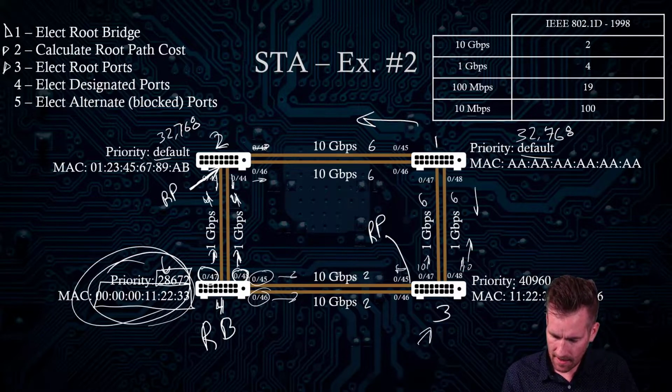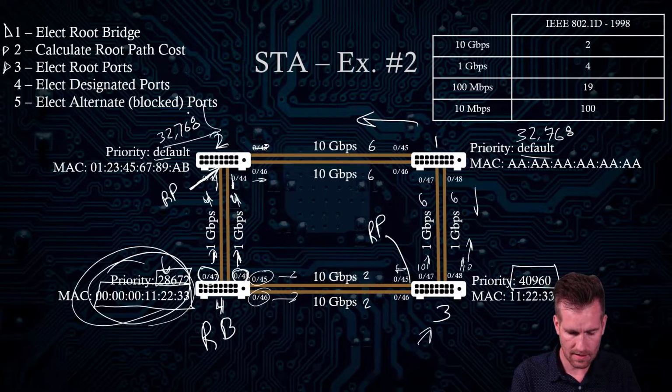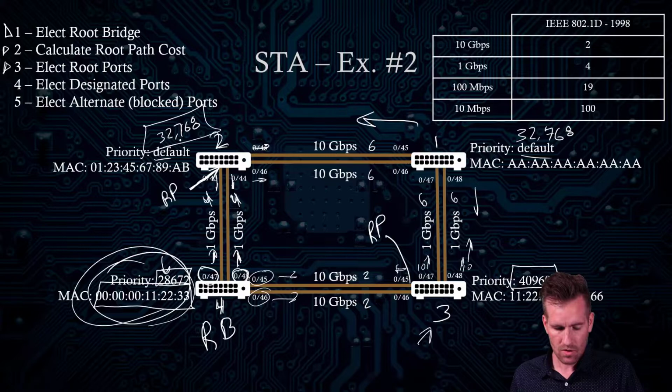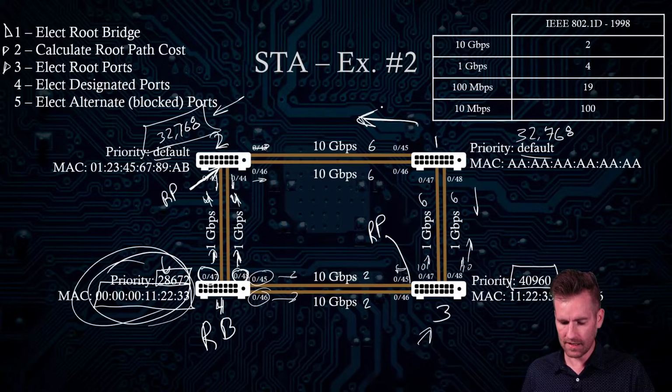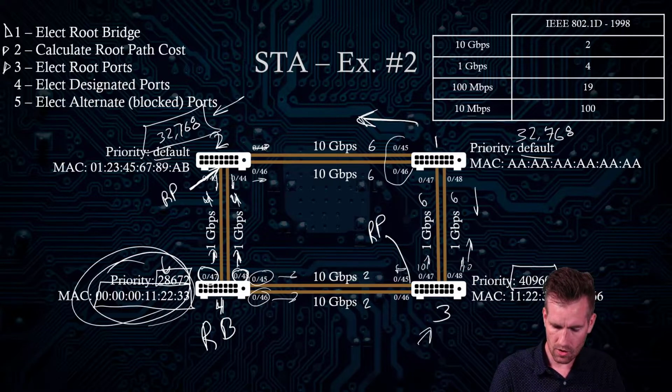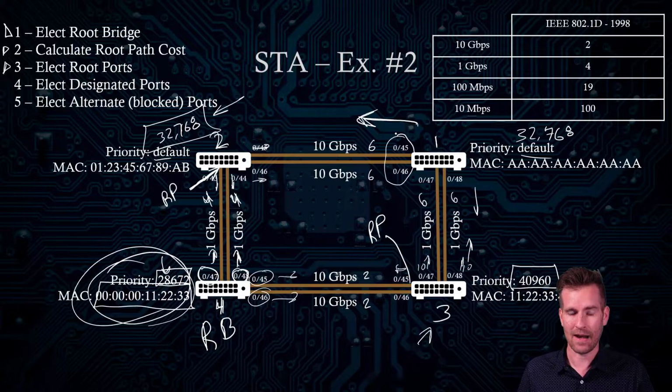And we see this is set to 40,960, and this is 32,768. So the lower bridge ID is this way, so it's going to send it in one of these 2 links over here. So it's going to choose one of these now because of that, and now we need that